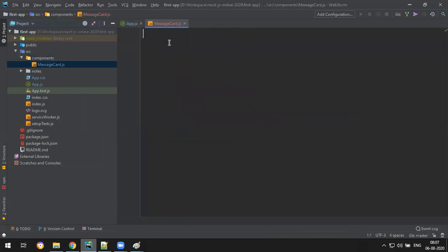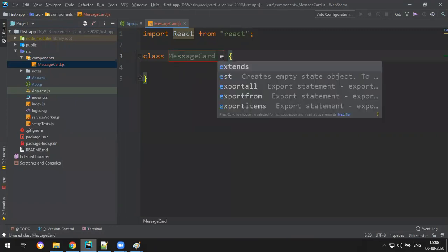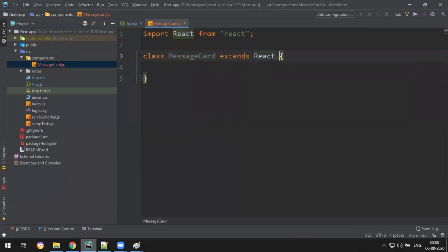Here I want to make a class based component, so let me import React. The structure will be like this: class MessageCard extends React.Component.